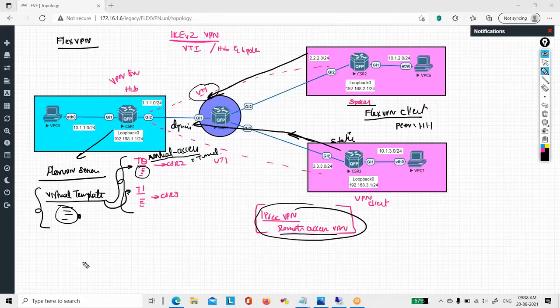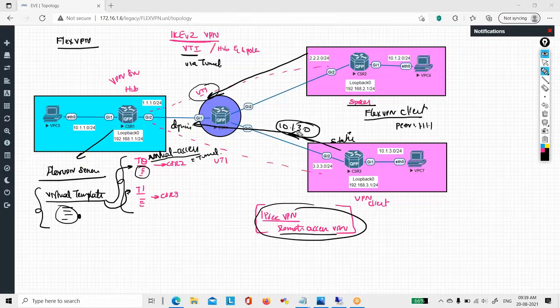And not only this, even the routing part is taken care of. In VTI, it's a route-based VPN. Any traffic which is reachable through the tunnel is encrypted. Remember, anything which is reachable via the tunnel is encrypted. Even that is automatically taken care of here. When we initiate, we send all the networks that we want to secure. So we send